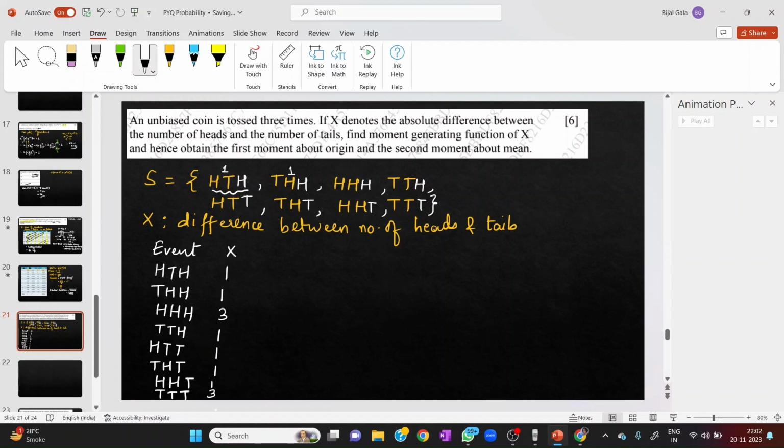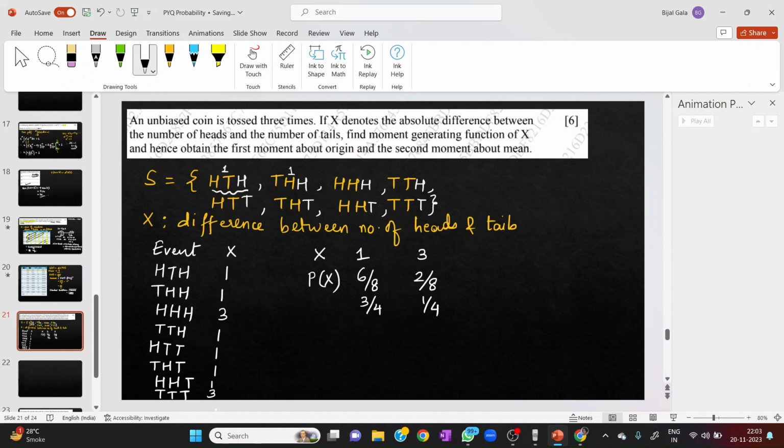So if you can observe, your difference is either 1 or 3. Okay, your difference is either 1 or 3. So first we have to make the probability distribution for x. The value of x is either 1 or 3, and the probability will be: we have 8 events, 1 2 3 4 5 6 7 8. Out of these 8 events, 6 times there is 1, so 6 by 8, and 2 times there is 3, so 2 by 8. I might simplify this; this becomes 3 by 4, this becomes 1 by 4. Okay, on simplifying,